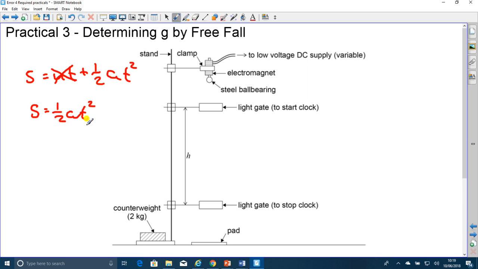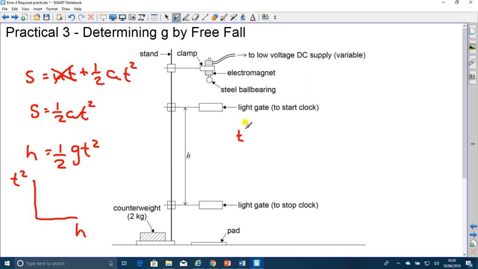So from that then, this is obviously h, so h, which is the height, is a half, and the acceleration is g, so it's a half gt squared. From that then, we could plot a graph of t squared against h. So if we did a graph there of t squared against h, here you've got